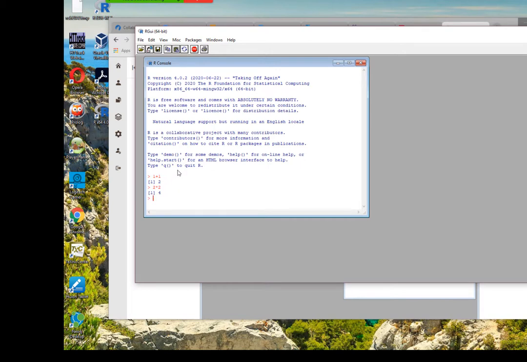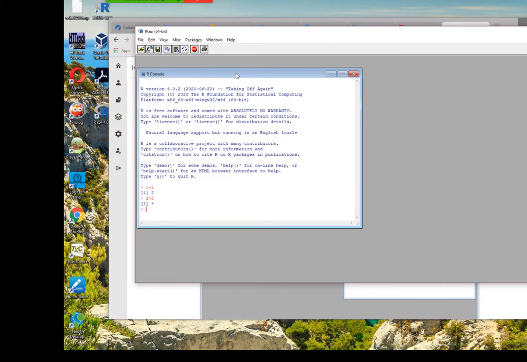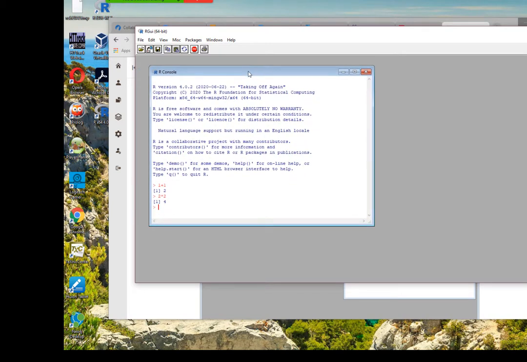But when you make a real program, you need to write many lines of code and execute them. You may use this console for very simple things, but when you write a couple of lines of code, the console is not really useful.